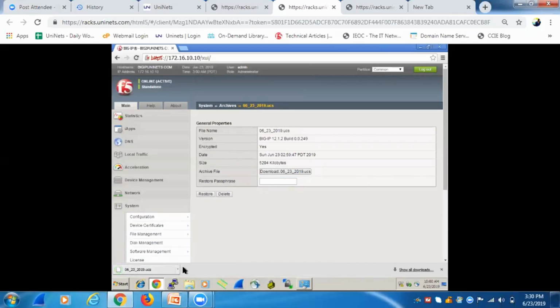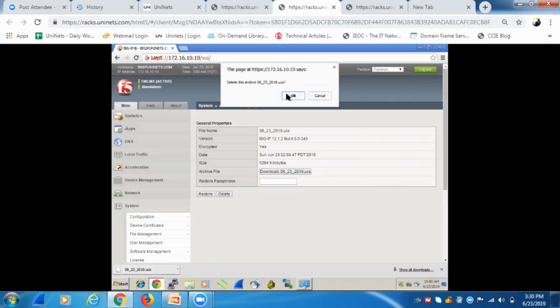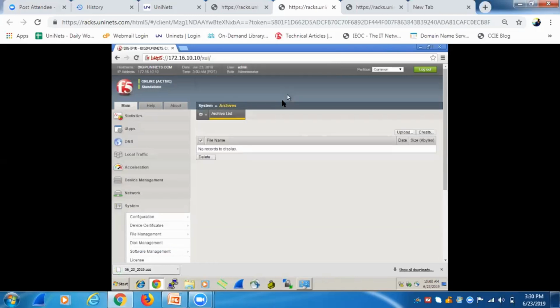Whenever your system somehow crashes and you want to restore it, or the configuration that you want to restore, you can use this file. For example, let's say if I click on delete, okay, I have deleted this archive which I have created. Then to restore it, what you can do is